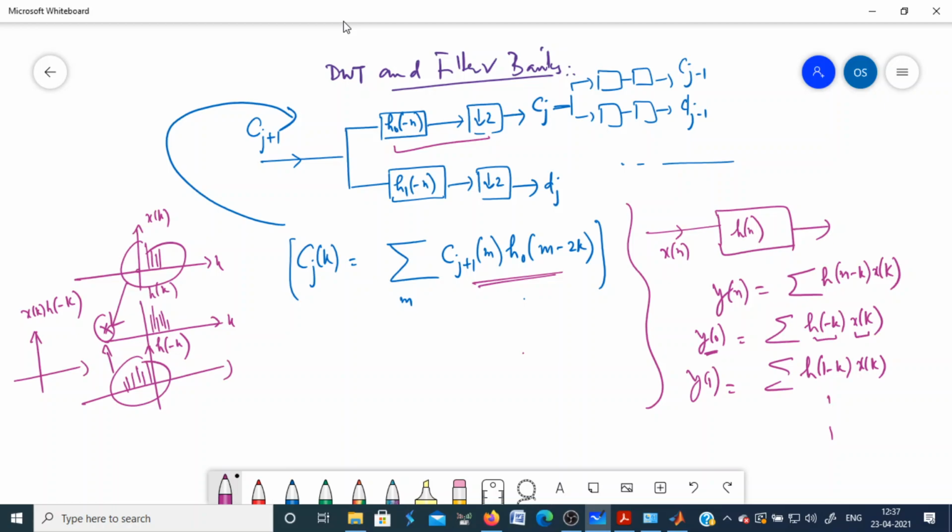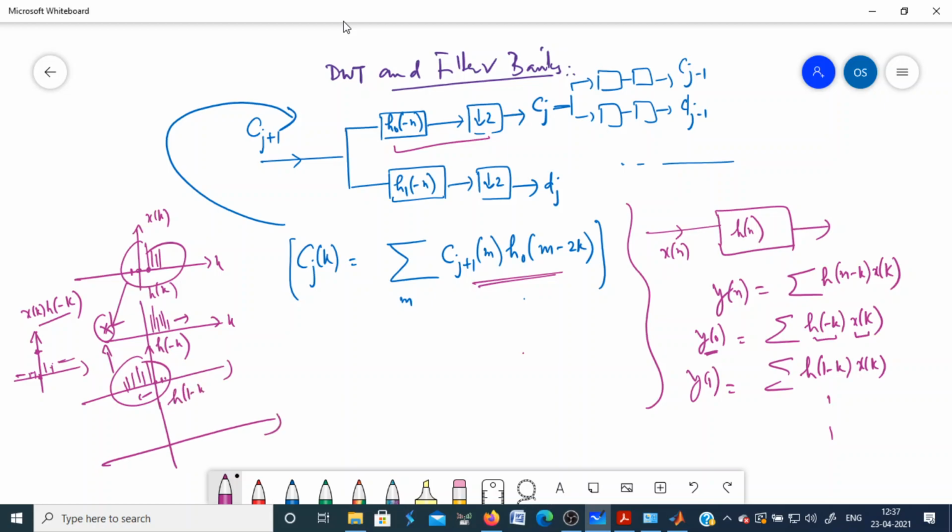So x0 will be multiplied with h of 0, so you get some sample here. Then x of 1 with h of 1, x of 2 with h of 2, similarly x of minus 1 with h of minus 1 and so on. Then you add all these samples together. Of course, in this case you have only one sample at n equal to 0, and the rest of the multiplications will be zeros. Then we compute h of 1 minus k.